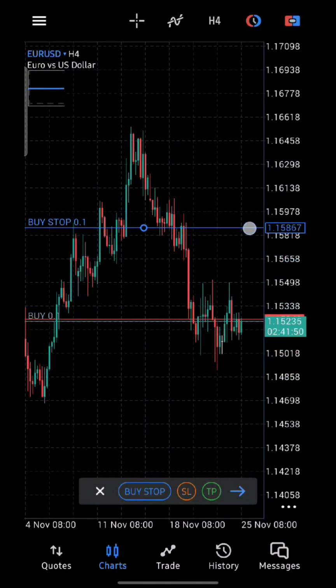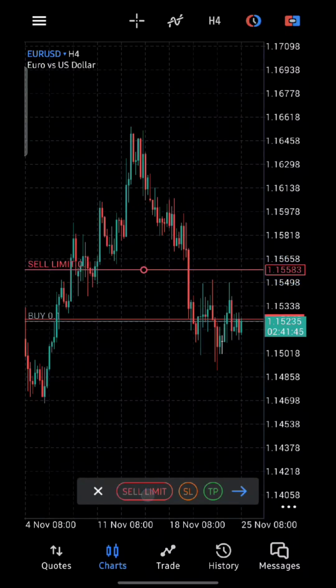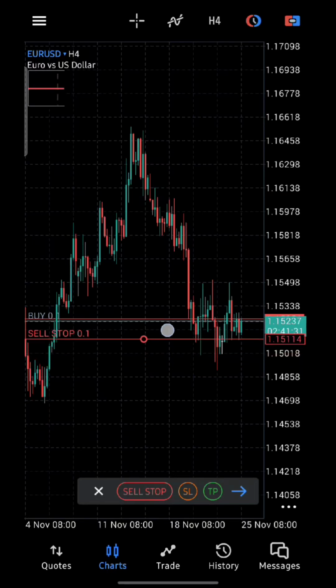So above the current market price, you have buy stop, you have sell limit, and below the current market price you have buy limit, and you also have sell stop. Those are the four that we'll be dealing with. Now if you understand what that means, it definitely means that this is how you're going to set your